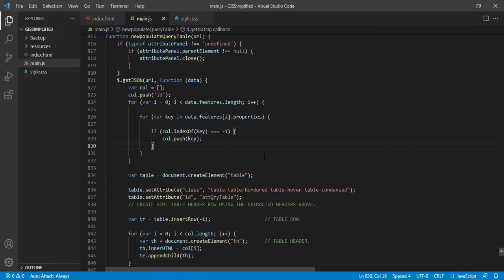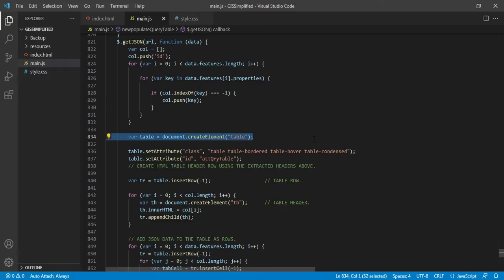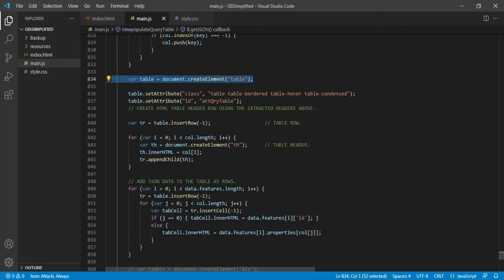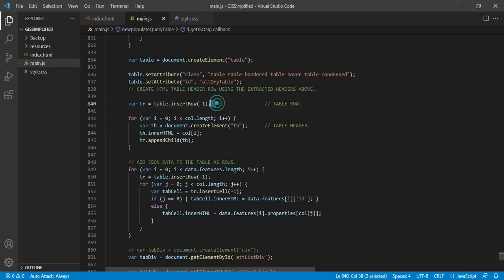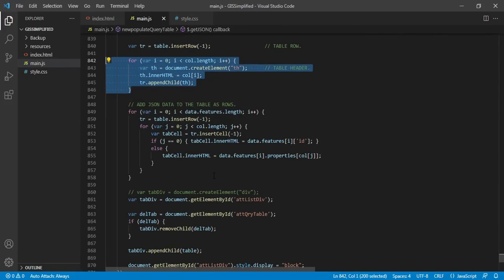Now I am looping through each and every element of the GeoJSON data which I have received from the GeoServer, and then I am creating a table element, and assigning some styling to it, how the table should appear on the HTML page. And then once the table is created, I am adding a row to it, and in this part I am adding a header related element, the HTML part of it.